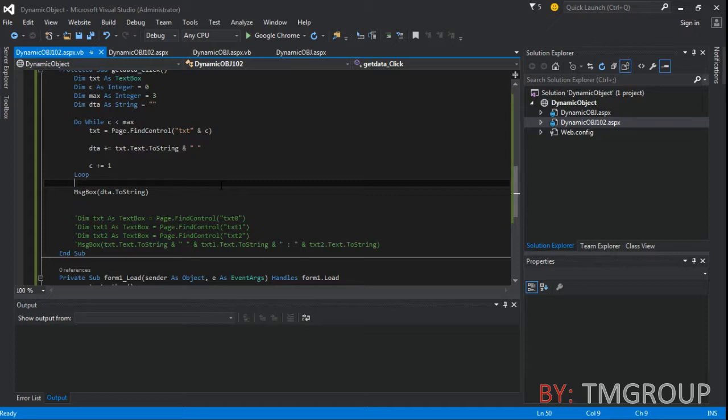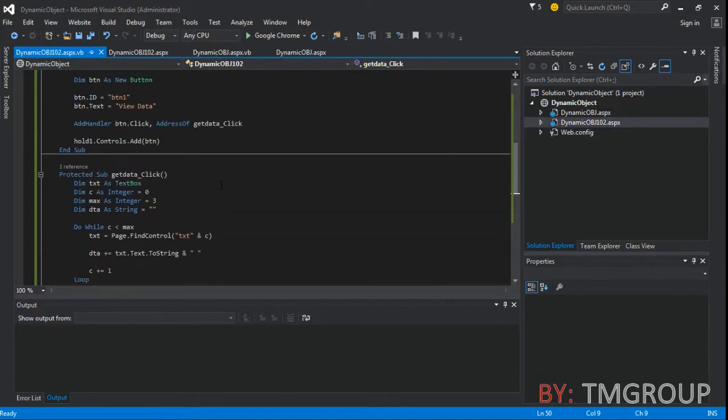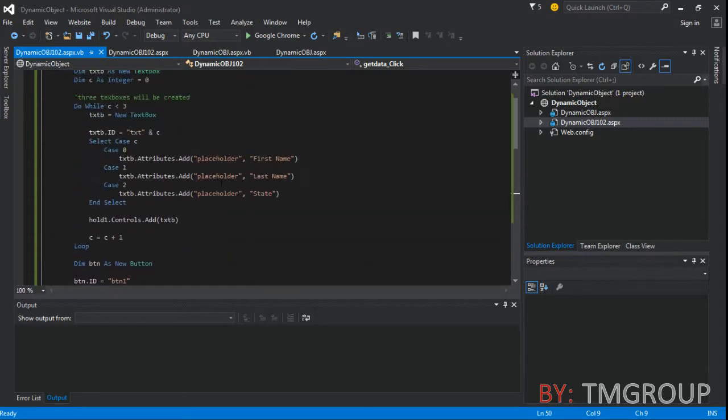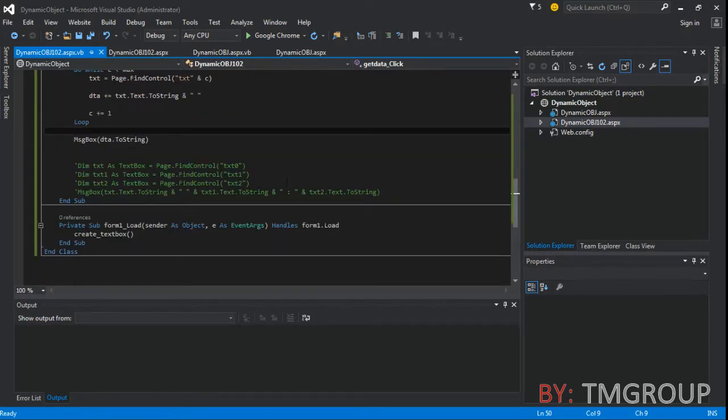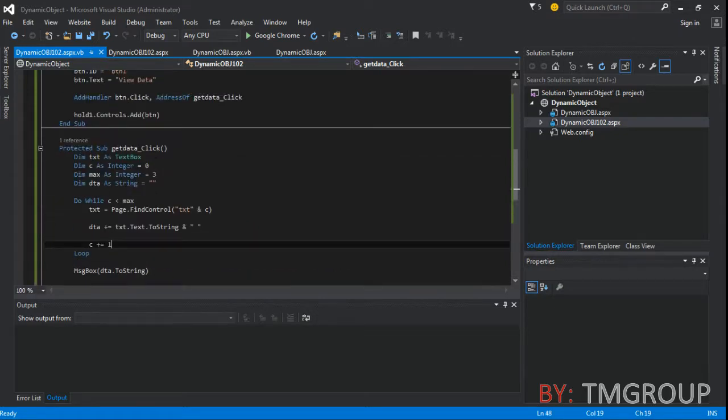So you will start learning to brainstorm with yourself to find out how to make your code better, how to shorten your code. Because right now, if I use this, I basically have to know what those three dynamic objects are, as opposed to right here, where I can create